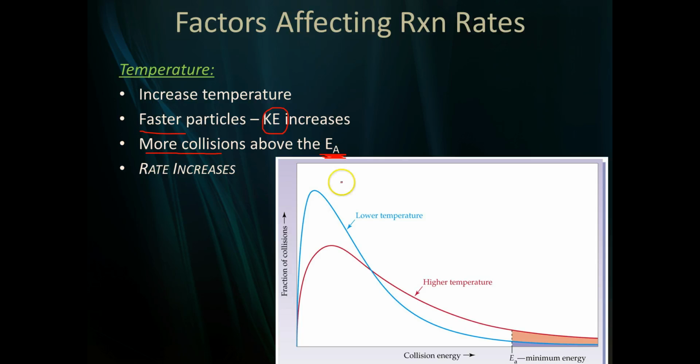Great graph here. What we have here is basically number of particles on the y-axis, or fraction of collisions, and the energy or temperature on the x-axis. The blue line represents a cooler sample. Say, I don't know, 10 grams of something. Maybe it's your cold Alka-Seltzer, water. A lot of those collisions are way down here, too low, but our activation energy is way up here. So if you look at the blue line, it's a very small region that actually has enough energy to break any bonds. If you warm that same sample up, you're going to see a shift out and a shift down